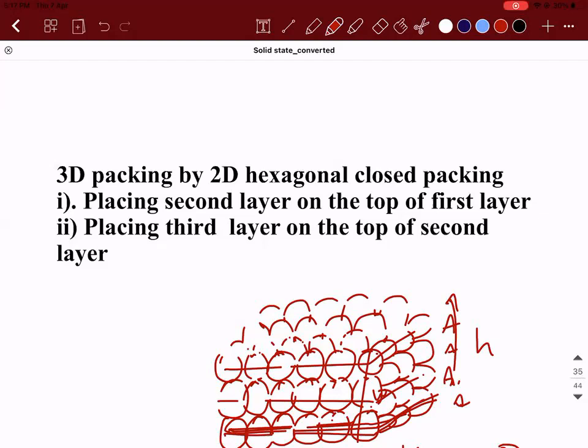No, there will be no void. Actually, there we won't speak about void itself. Okay, so what happened? We will take the first layer. On the top of it, we placed our second layer. And what we observed? Two voids. And now we are placing the third layer. What happened? This third layer will cover the tetrahedral and octahedral voids.